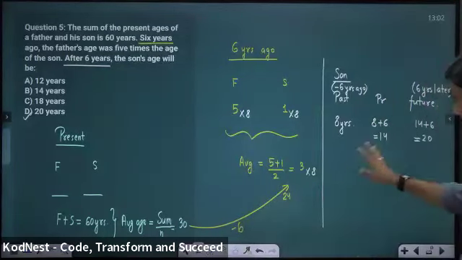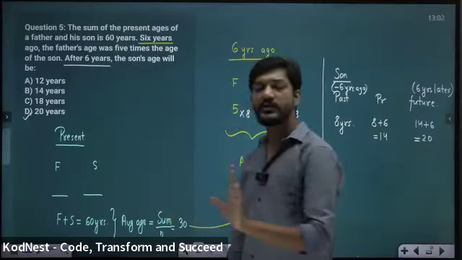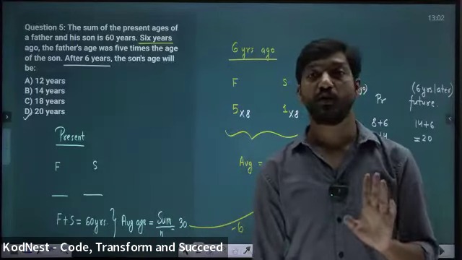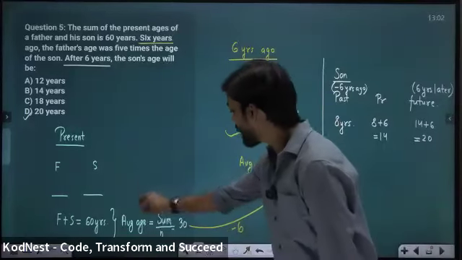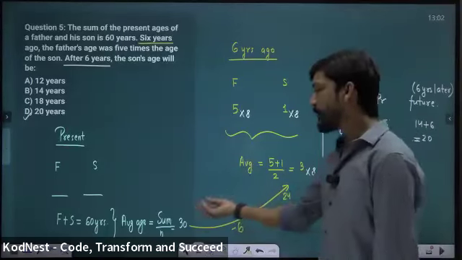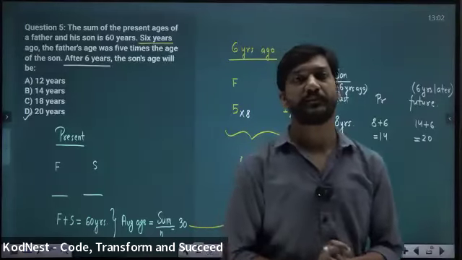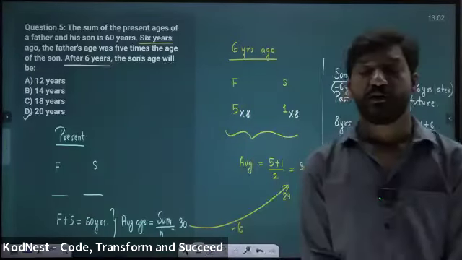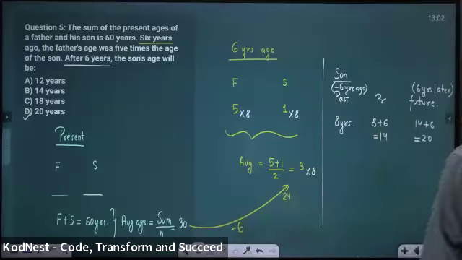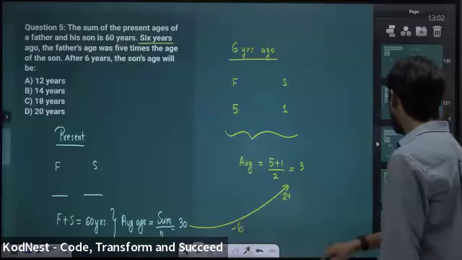So is this clear or not? Carefully see please. Without variable, this is how we will solve. Whenever sum is given, calculate average. Average will change. Don't think average will not change. Average will change. But how it will change? The way you are thinking. Average present 30. So 6 years ago, 30 minus 6. 10 years ago, 30 minus 10. 10 years later, 30 plus 10. 5 years later, 30 plus 5. So this is how one way you have to solve without variable. If you take variable, then also same thing.